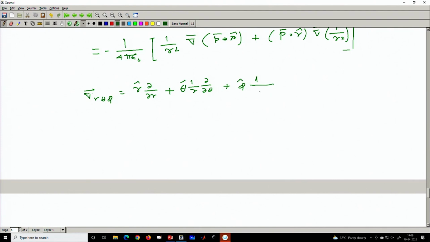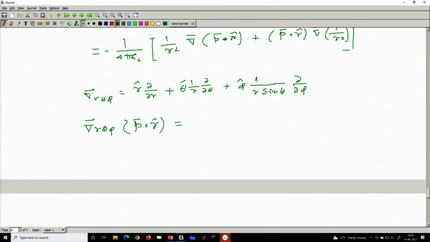In that case, the scaling factor is R, scale factors H1, H2, H3, theta, and then del del phi. That was the expression. Well, now I operate this R theta phi over P dot unit vector R,